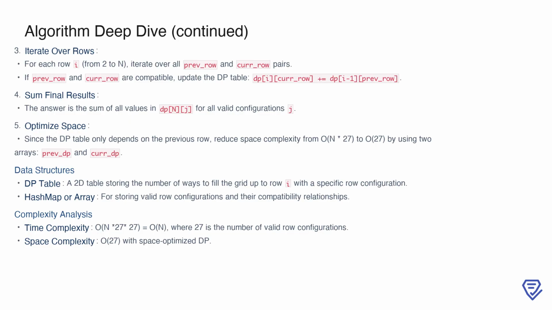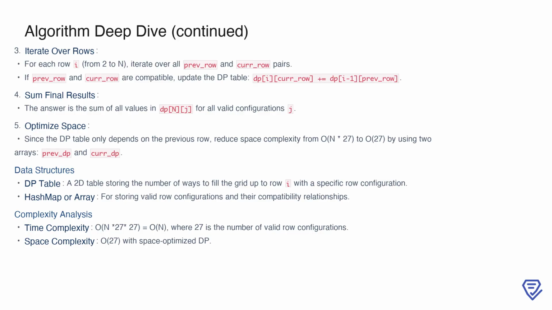By summing the same_row and diff_row values for the nth row, we obtain the total number of valid configurations for the entire grid. This approach highlights some key insights. Using dynamic programming allows us to break the problem into smaller subproblems, avoiding redundant calculations for overlapping subproblems. The state transitions are driven by the adjacency constraints, ensuring all configurations are valid. This method is also highly efficient, as it avoids the exponential complexity of generating and checking all possible grid configurations. Instead, the complexity is reduced to linear time, proportional to the number of rows,